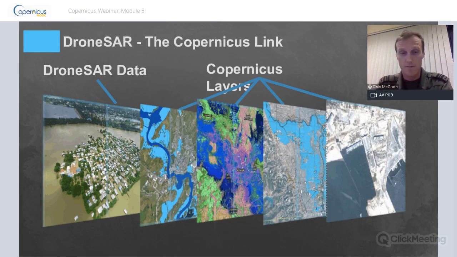Drones are cheap, they're effective, they're low level, and we have allowed the drone system to feed from the bottom up, I guess, while the satellites feed from the top down. And in a way, it would look something like what you see on the screen, where you have DroneSAR data, a drone providing imagery to a browser that can be overlaid with a number of Copernicus layers from satellite imagery.